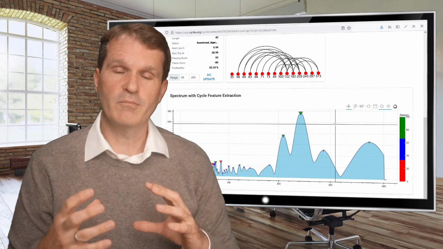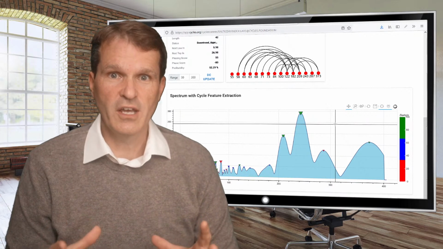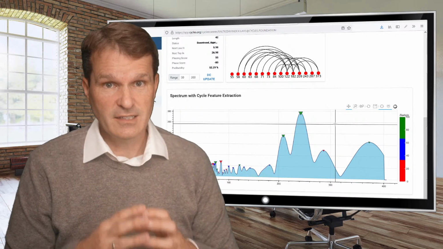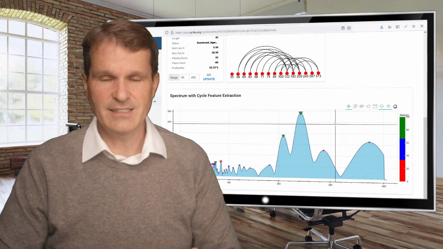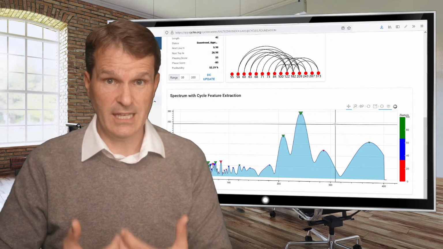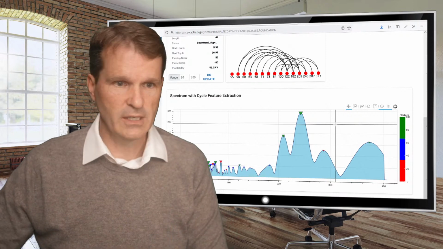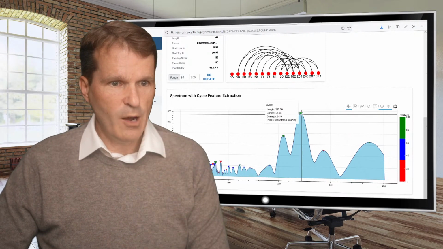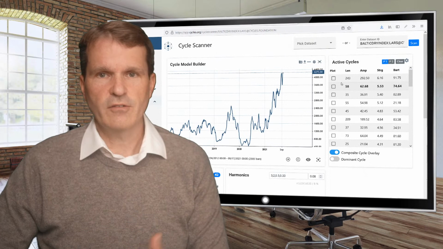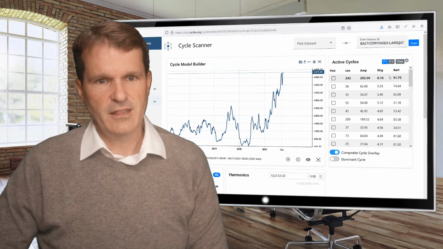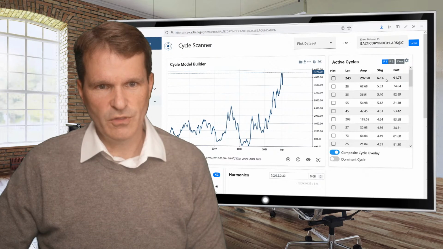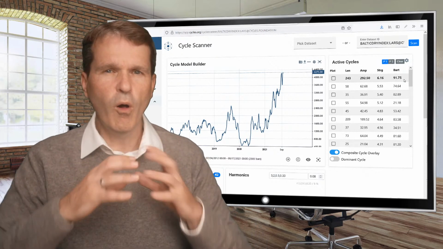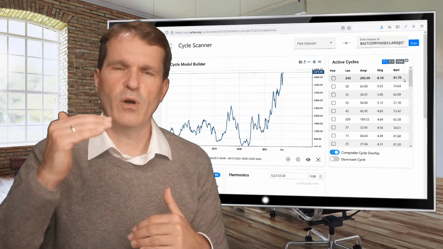Or to make this long story short, if you see this clear cycle in the spectrum, you can use it for analyzing this data set now, doing projection. And that's what I want to do next with you. So we have identified this cycle here, and for sure it shows up here at the top of the list, which is the length score, the amplitude, the strength, and Bartels. So all measures show up at the top.